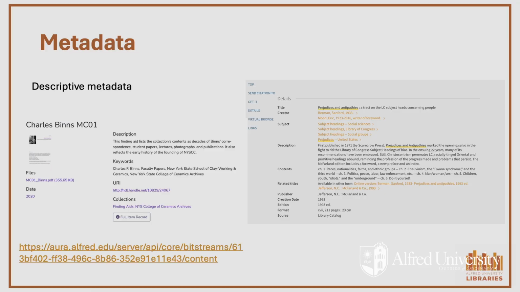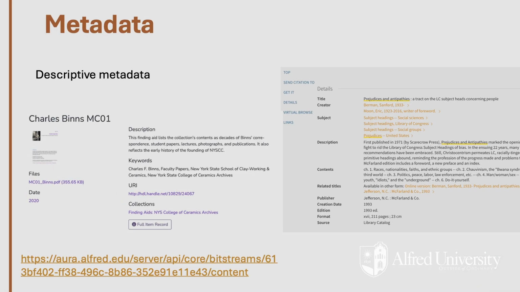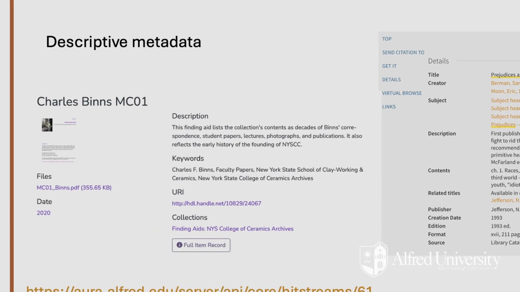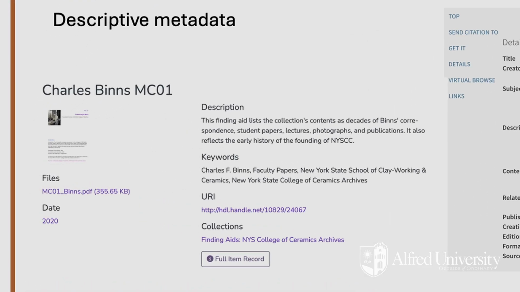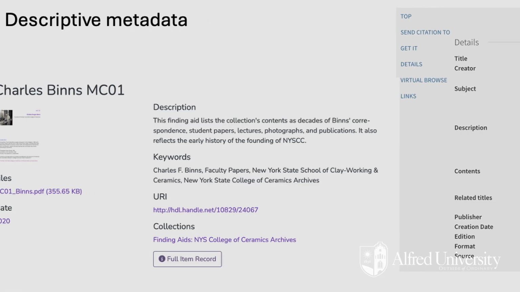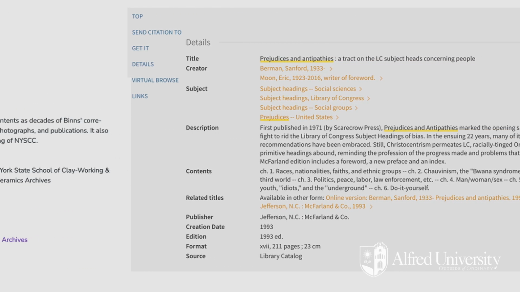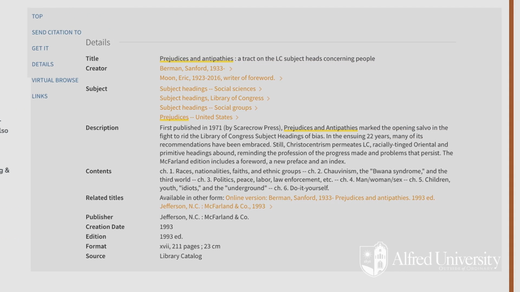If you have used a library catalog, you have worked with descriptive metadata. The image with a gray background is a record from the library's catalog, and it is about a book that is actually pretty famous in the library world called Prejudices and Antipathies. You can see it has title, creator, subject, description, publisher, creation date, right? The most important fields here are subjects and description, because that is how you're able to search what you want